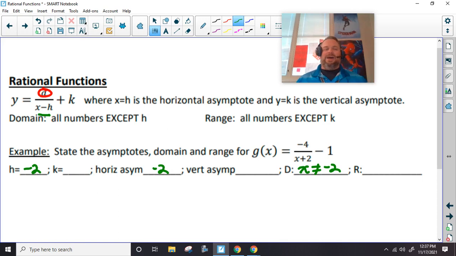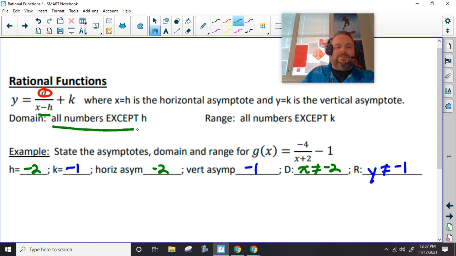Just from that, we get that part right there. Now, our K value, right here, it's -1. That means our vertical asymptote is -1, and our range is y not equal to -1. It says like all numbers except,